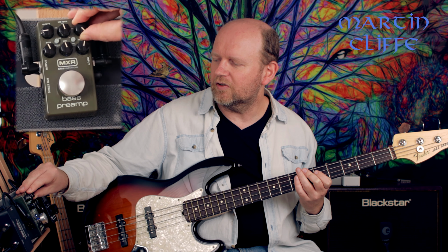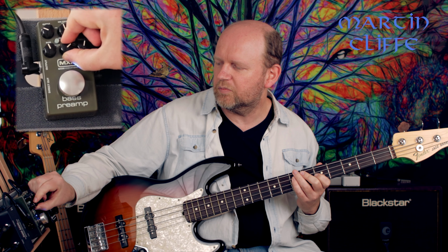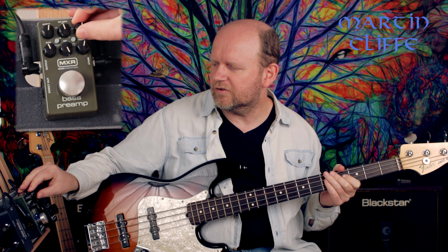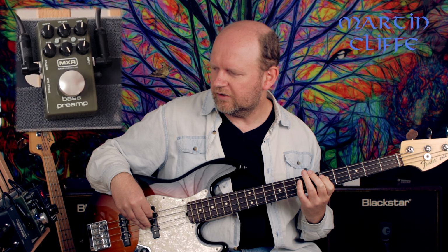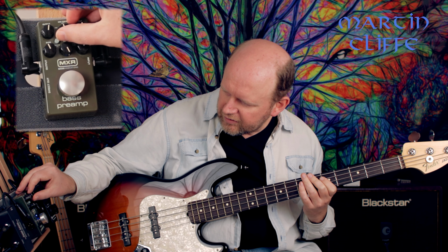Let's crank the input all the way. Okay, that's not giving me any kind of drive, but let's push the mids. So it's subtle, but it gives you plenty of control. So that's with the mids all the way up at 500 Hertz. Let's take that mid control